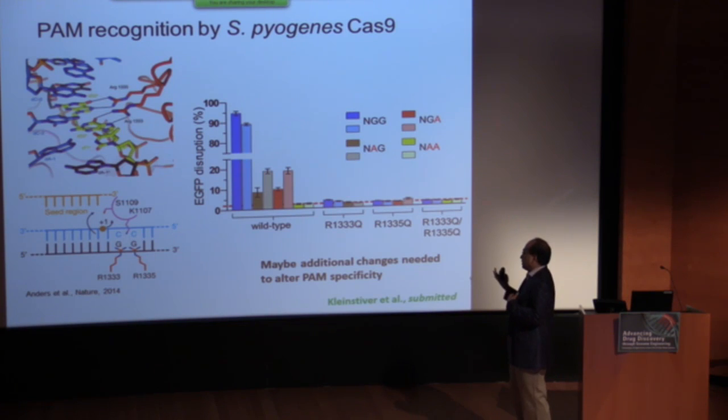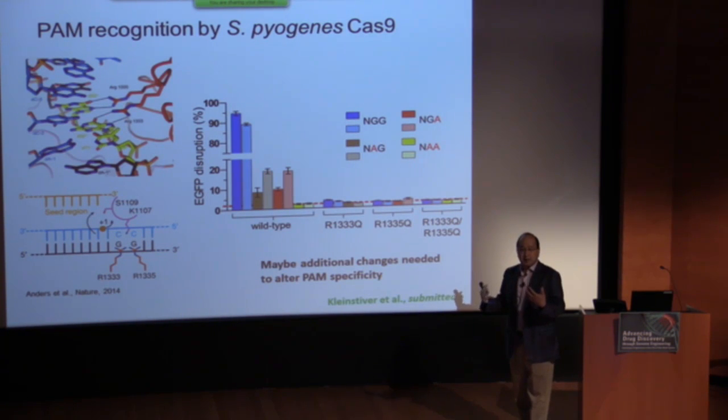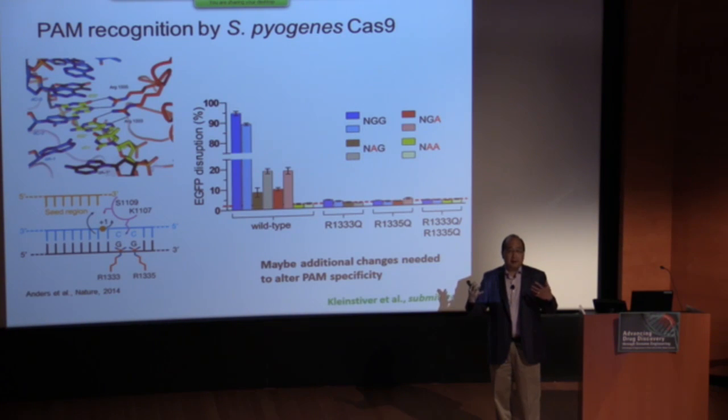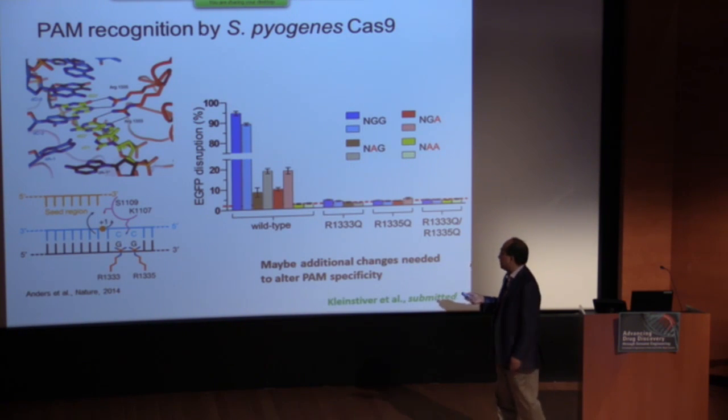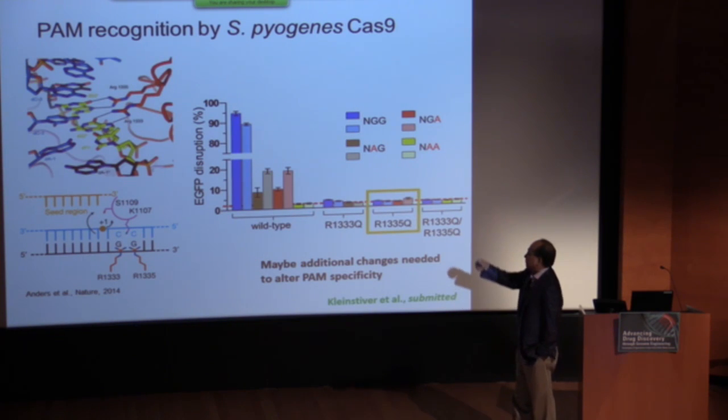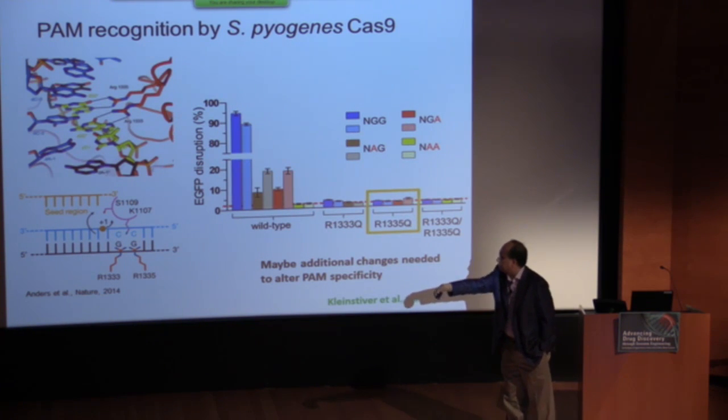So what this said to us is, okay, maybe there are some other changes that have to occur in the protein in order to identify a mutant that recognizes the new sites. Just looking at the crystal structure, you can see that recognition is complex. There are other residues, particularly in this region here, the lock region, that may play an important role in mediating recognition. So it wasn't an unreasonable hypothesis that perhaps you needed other changes in the protein. But designing this is not trivial,